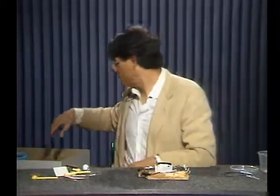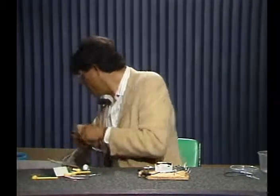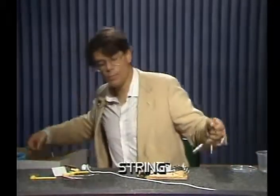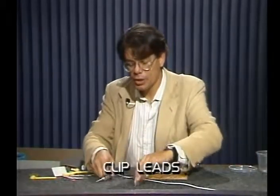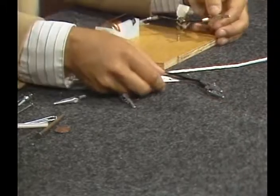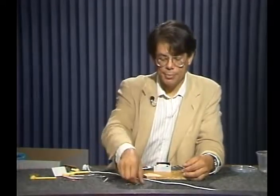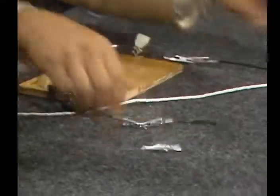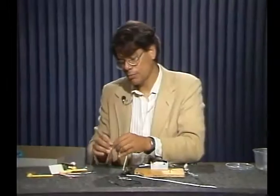The last part of this activity, making connections, we need 3 more pieces of equipment. I need a string, and I need 2 clip leads. A clip lead is just a wire with a clip at each end. I'm going to open my circuit now between the switch and the motor. I'm going to clip 1 clip lead onto each end of my open circuit. I'm going to take the string